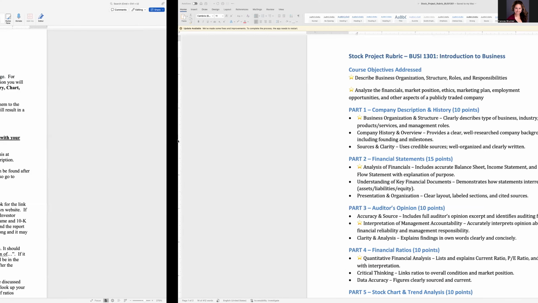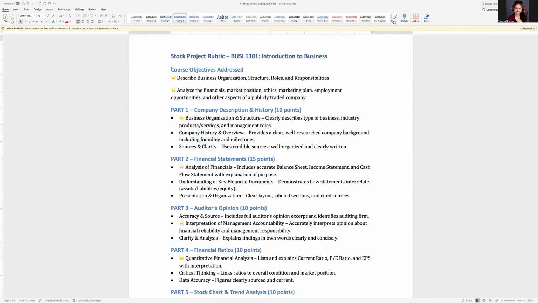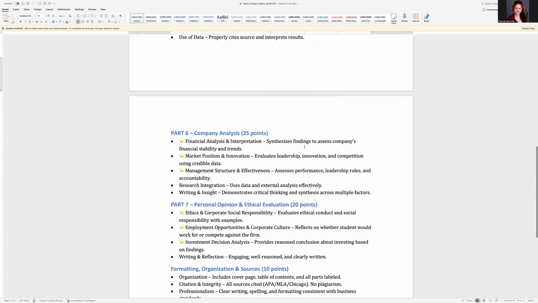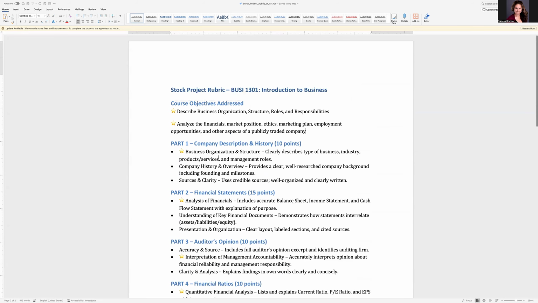So let's start with the course objective of the new project rubric. So we're going to describe the business organization, structure, roles, and responsibilities of the company. We're going to analyze the financials, market position, ethics, marketing plan, employment opportunities, and other aspects of a publicly traded company. Okay, well, we don't exactly know what that means because it's very high level at this point, but we're going to break this down into its different parts and components and see how the old stock project fits into these requirements. So, part one, company description and history,